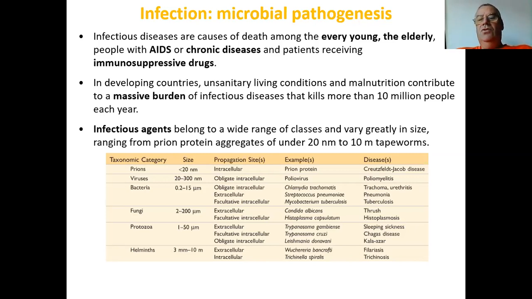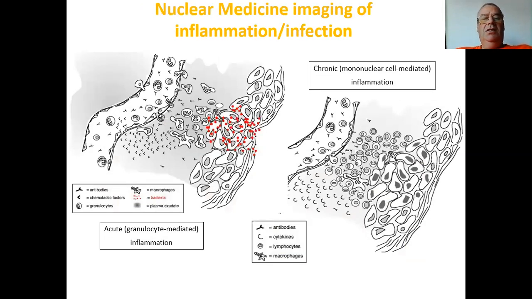Then there are the motile organisms like protozoa and little worms like helminths, which also cause infection. So this is a cartoon of what happens when we get chronic infection and inflammation. This is what we try to follow: we try to follow the white cells